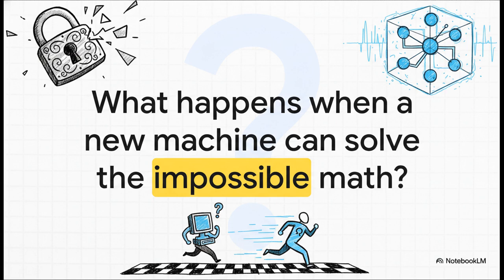But that leaves us with one final, kind of scary question. This whole system, this whole digital world, it relies on a math problem being too hard for our current computers to solve. But what happens when a totally new kind of computer comes along? A quantum computer that's specifically designed to solve exactly this kind of impossible problem. The race for the next generation of impossible locks is already on.